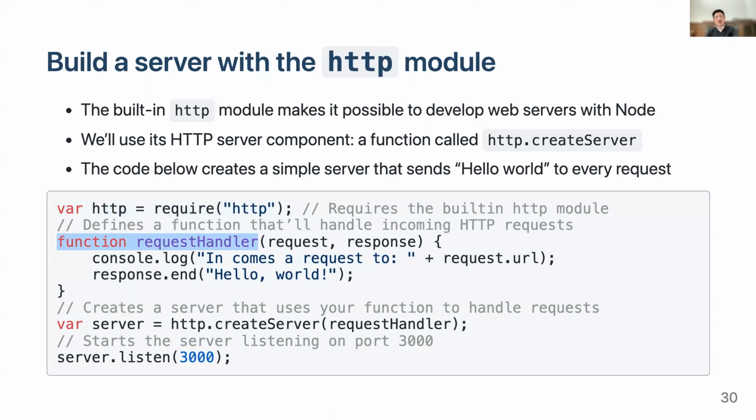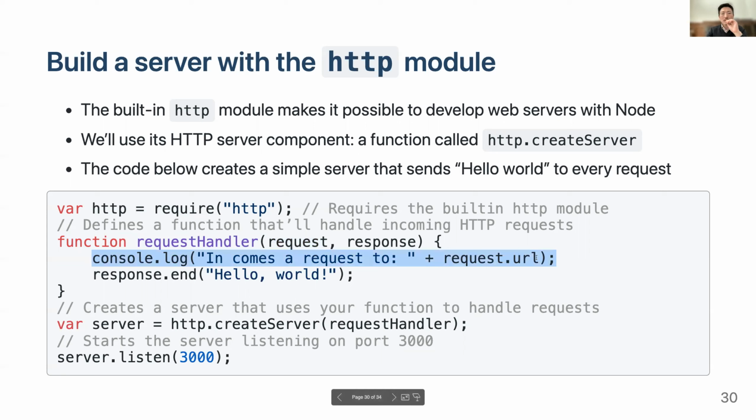It decides, if someone sends a request to the server, how do you respond? Usually, depending on the request, you have different responses. But here, it doesn't really matter what your request is, you always log a message onto the